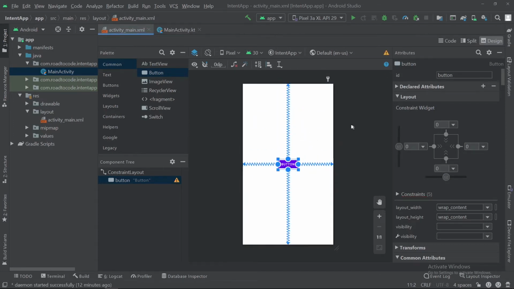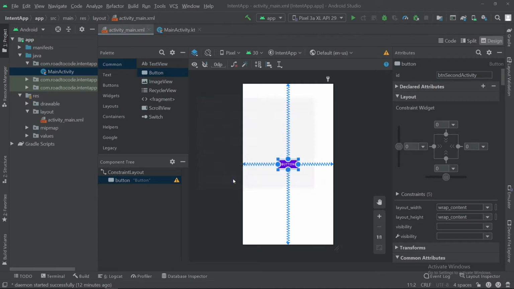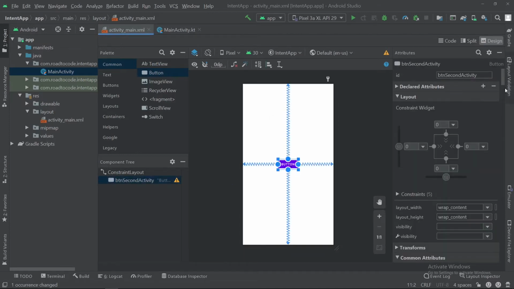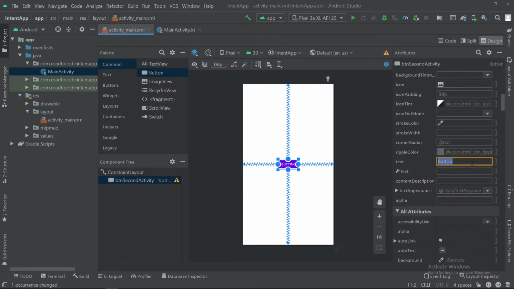Okay, then let's set one sample id like btn second, because after clicking this button we will move towards the second activity. So I have given the id as button second activity. Then just change the text of that button, that is second activity.